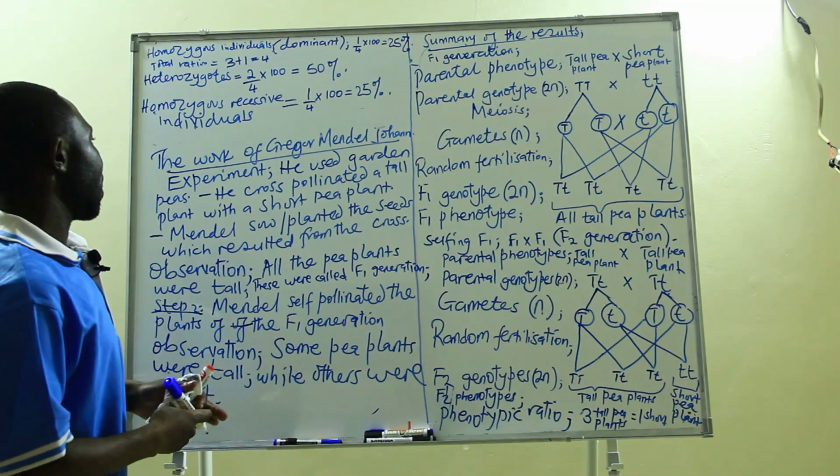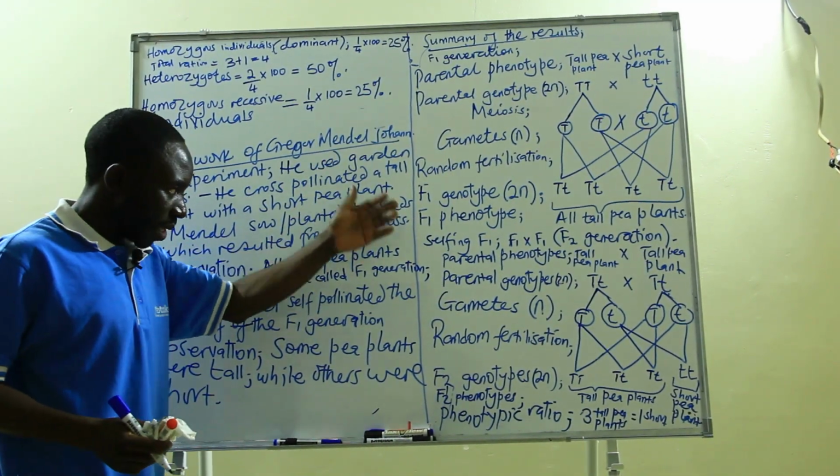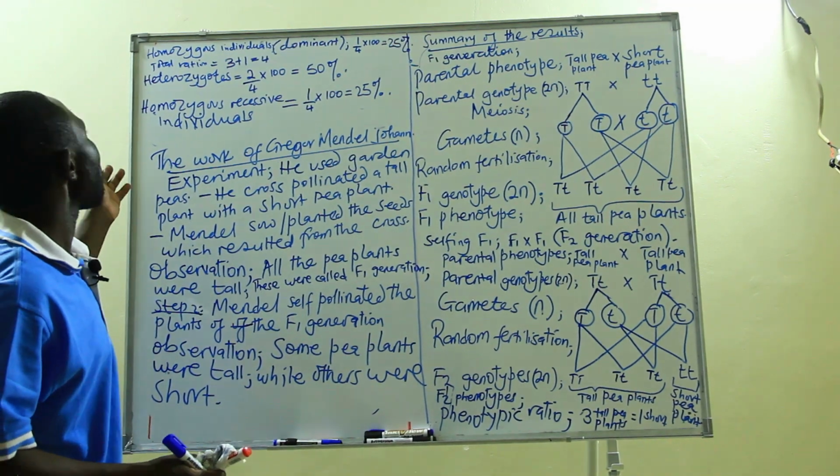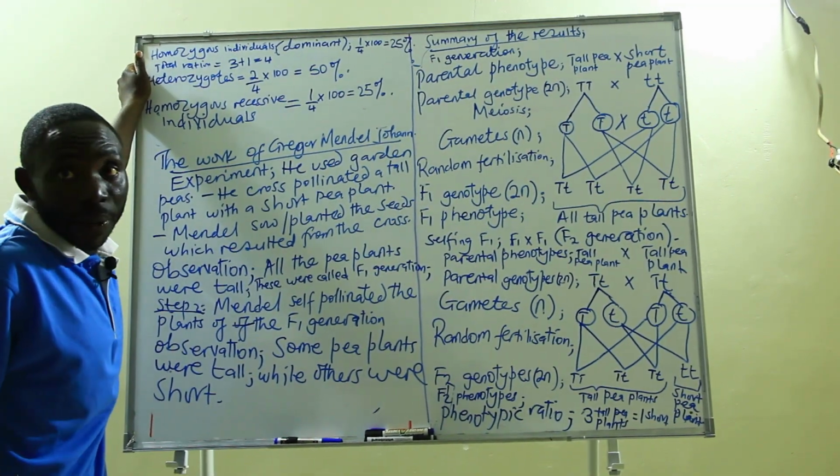So it means that out of the individuals of the F2 generation, 25% of them are